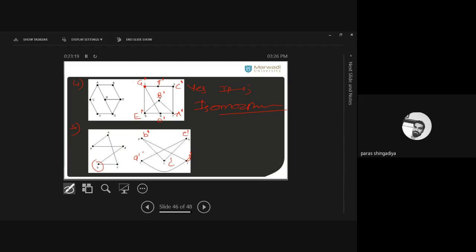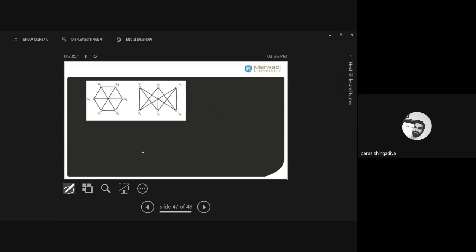Clear? Both have the same vertices and the same edges, but the structures are different. So can we say they are essentially the same or not? Clear? We can say they are essentially the same if there is a one-to-one correspondence between all the vertices, not only a single vertex. Okay? Between all the vertices, if it is possible, then it is an isomorphic graph. If it is not true for even a single vertex, then it is not an isomorphic graph. Clear?